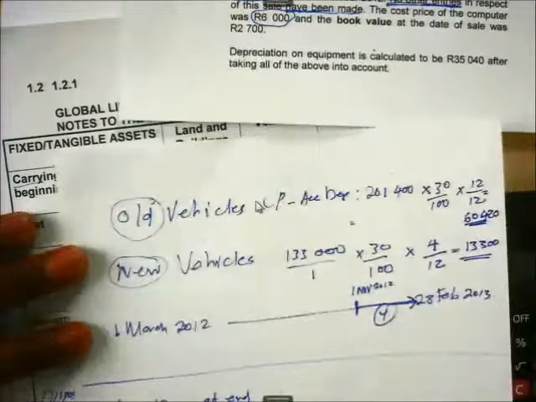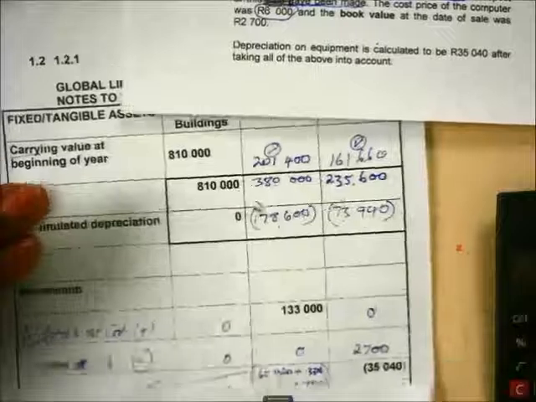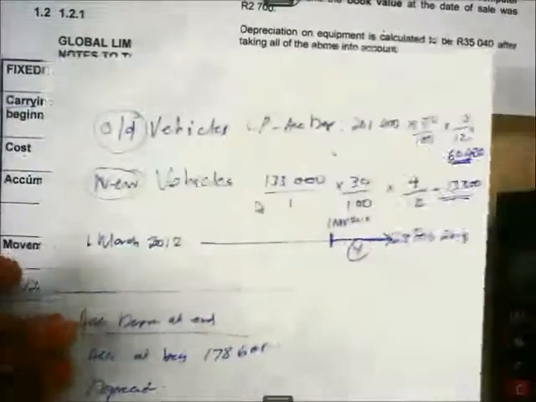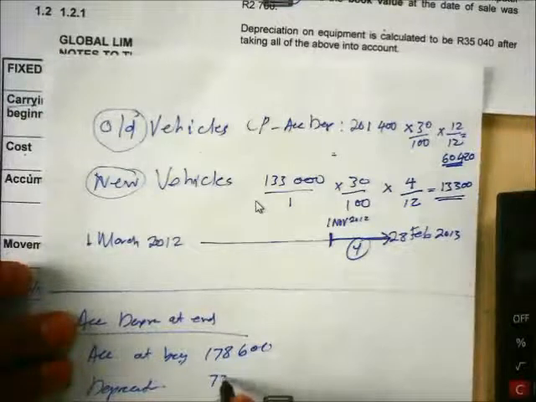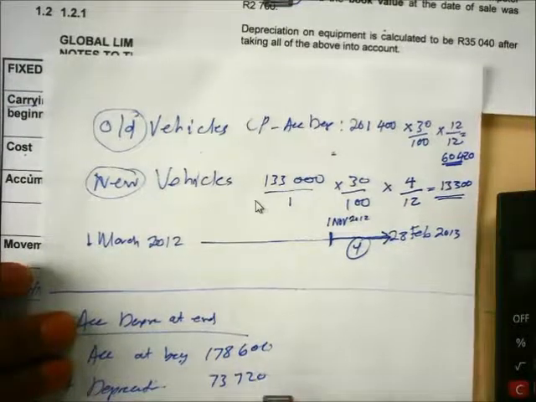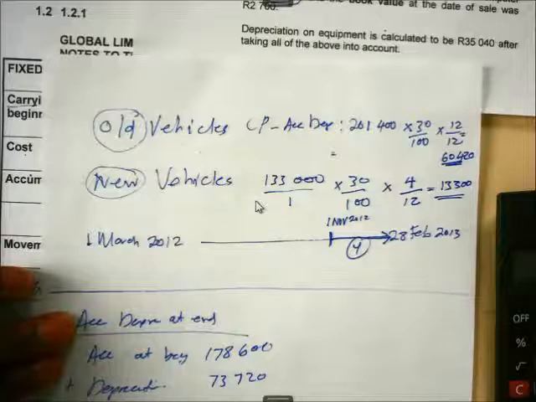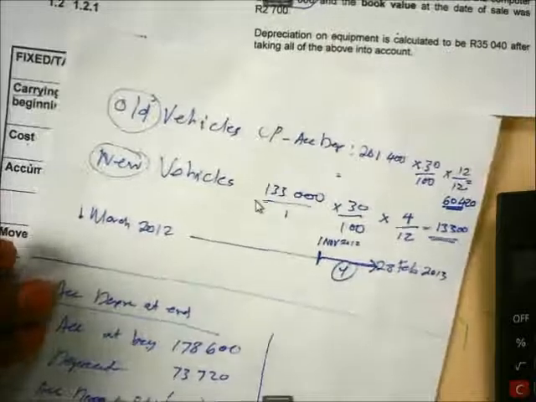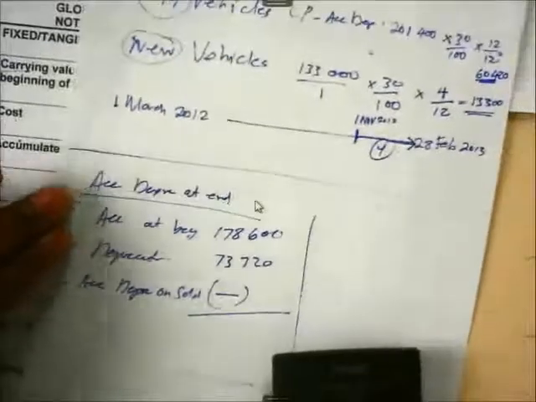We are going to add depreciation for the year that we have calculated, which is 73,720, minus accumulated depreciation on sold assets. We did not sell any vehicle, therefore,